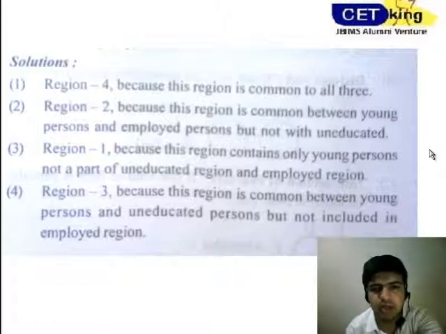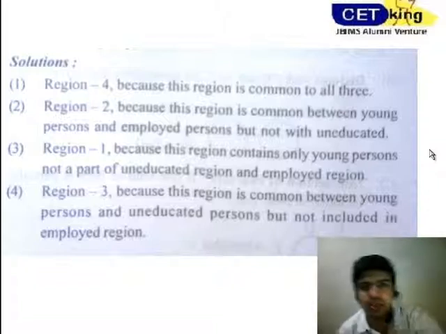Now half the job is done. You have to take out the CET King books and solve the entire exercises. It is of the same type. The more examples you solve, the more exposed you are to different types of questions that can be asked, and you will improve in accuracy. Accuracy is the key in most exams, and these similar types of questions keep repeating in different examinations like NMAT, CET, CMAT, all that. So it is pretty important. Do solve the exercises. Thank you.